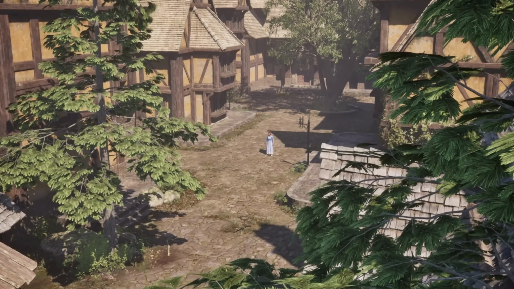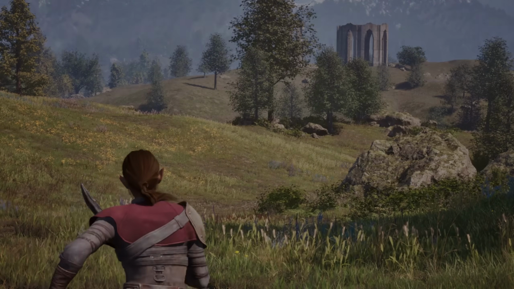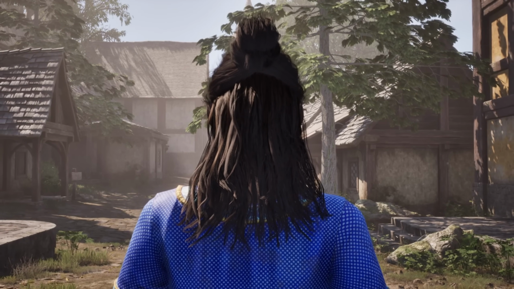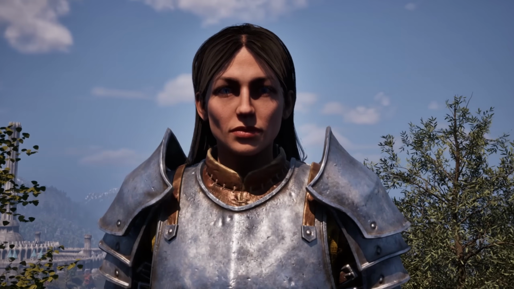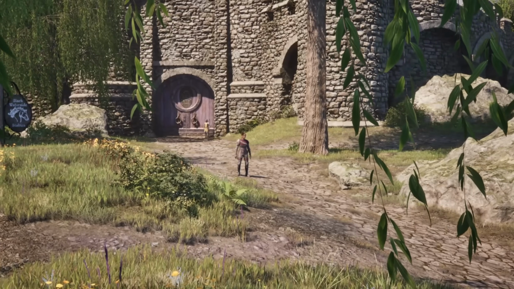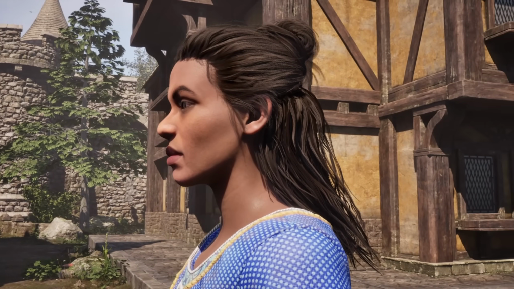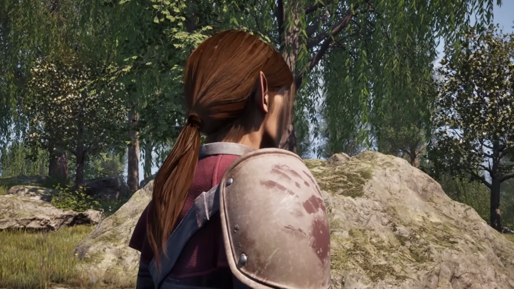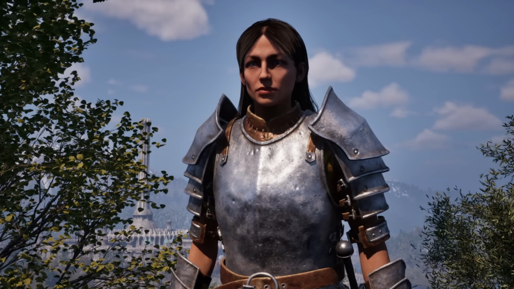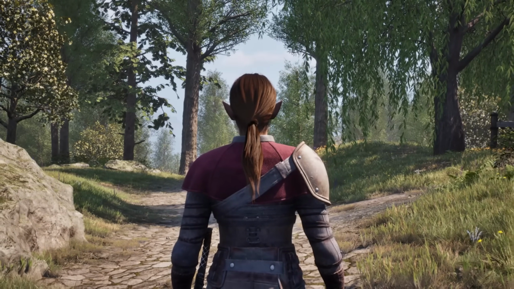To us Elder Scrolls modders, improving the look and variety of characters, both player and NPCs, is always a priority. Colovian Cuts, Hairstyle with Physics, is a fantastic mod that adds 4 longer hairstyles for female characters, complete with physics. It swaps out the default short bangs plus braided buns hairstyle with new edited ones: a half up, half down casual bun, a low ponytail with bangs, a high ponytail with tucked strands, and a straight long loose style. This adds a much needed variety and style to female characters' appearances, and is definitely an improvement upon the base